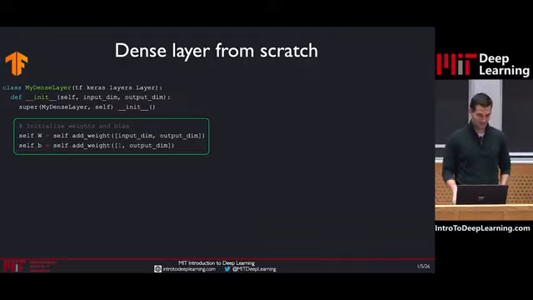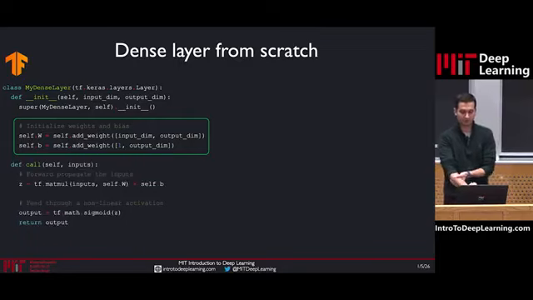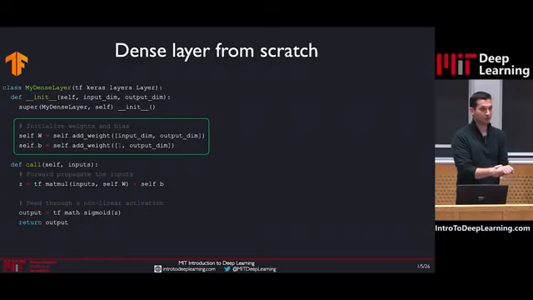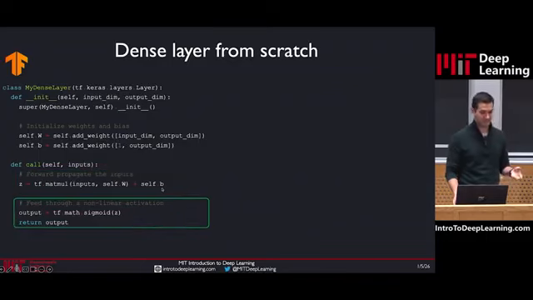Now, the bias is also important to initialize here. And then when we create our call function, our forward pass function, this is going to show how we can do the dot product of our inputs with our weights, add the bias, apply the nonlinearity, and that's our answer. It's the same equation again.